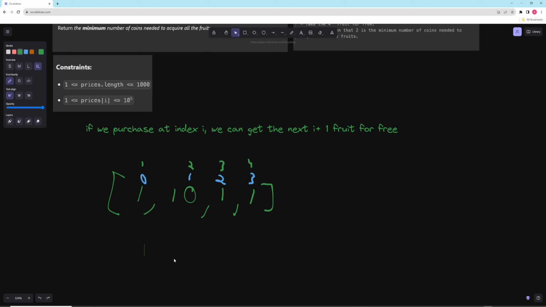So we'd want to go over here. The equation that we are going to need here is, if we are at some 0-based index, the one we need to go to next is going to be index plus 1, which is the end of the range, times 2, plus 1. And let's see how this will work. So if we purchase at 0,